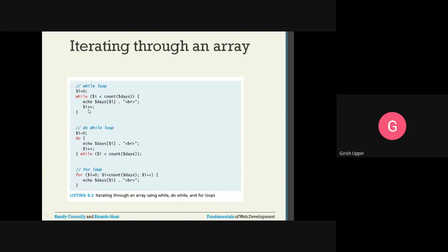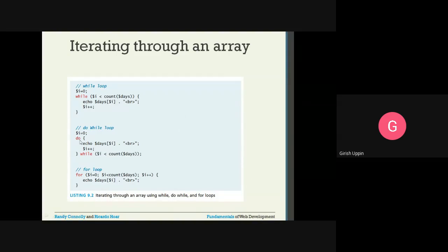Then incrementing the $i value, it becomes 1. 1 is less than 5, true. Again it will come to the next value, Tuesday, concatenated with the break, and so on. So all the values are displayed on separate lines: Monday on the first line, Tuesday, and so on in the browser.